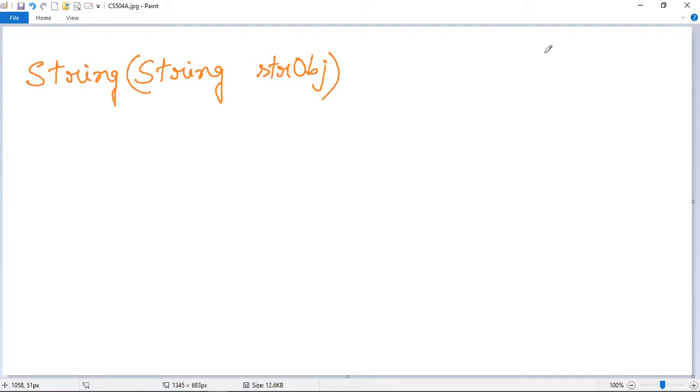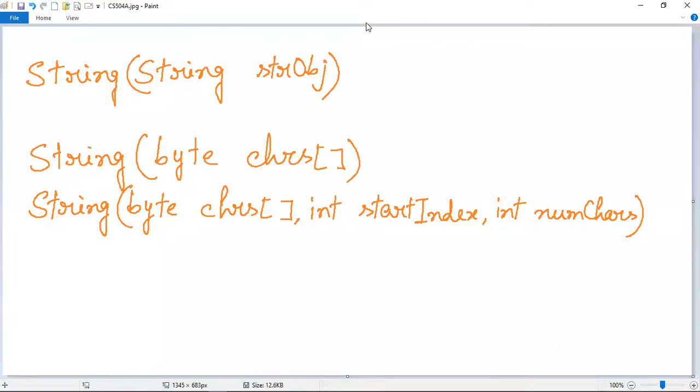There are 2 forms to initialize a string object using a byte array for the string constructors. These are the 2 constructors used to initialize a string whenever you are given a byte array. They are the same as the ones you have used in case of character arrays.